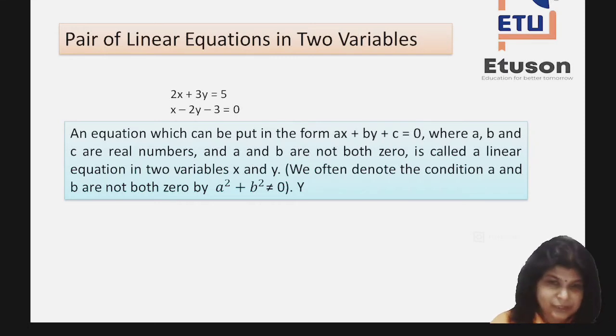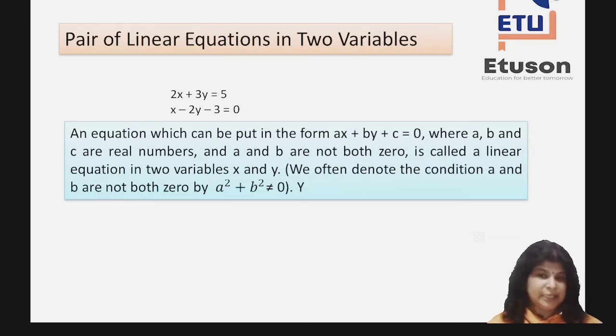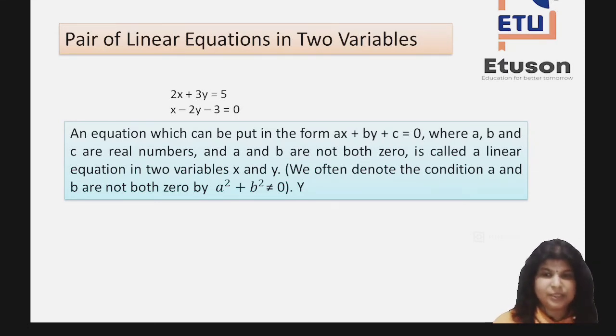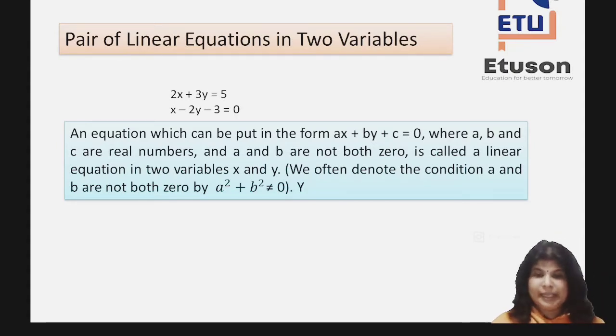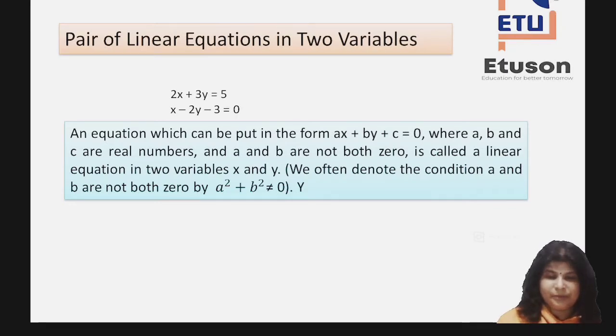An equation which can be put in the form of ax plus by plus c equal to 0, where a, b and c are real numbers and a and b are not both 0, is called a linear equation in two variables, x and y. We often denote the condition a and b are not both 0 by a square plus b square not equal to 0. Okay children,